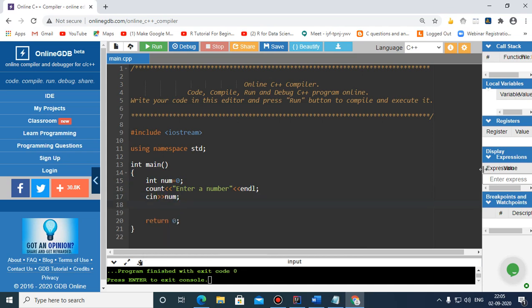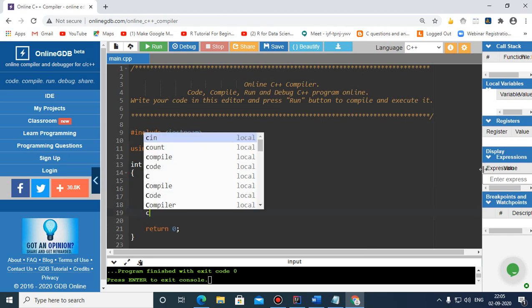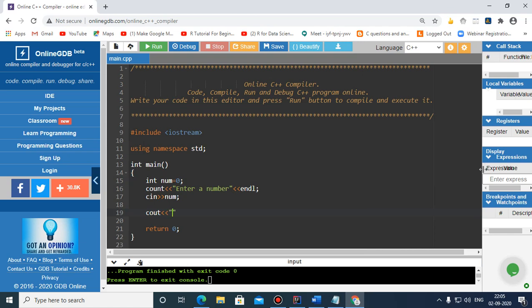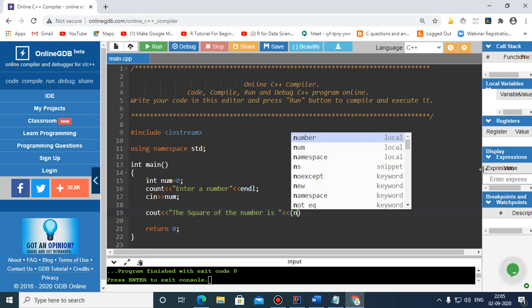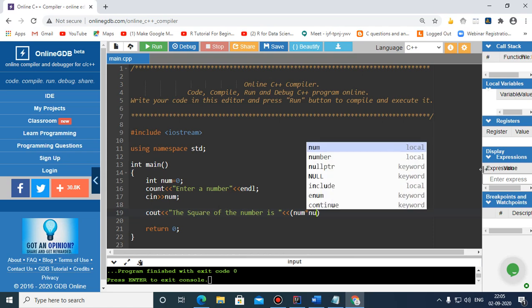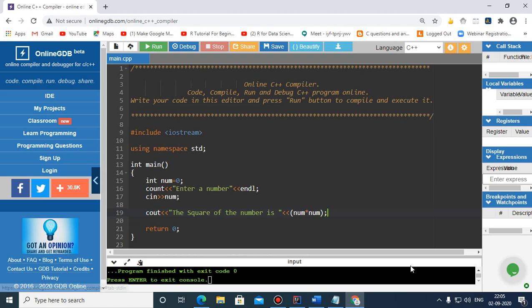And now what to do is I need to print the square. So the square of the number is, and here I'm printing num into num. So this is how I have printed the square of the number.